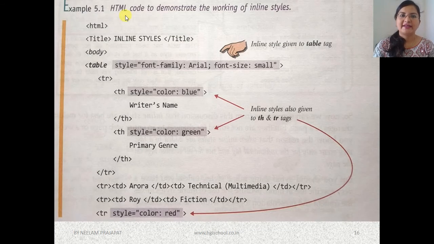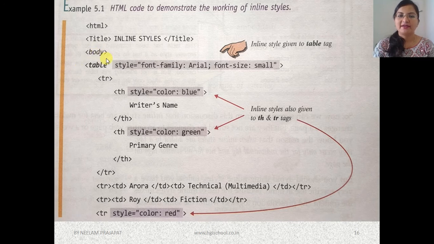Now let's see the example. This is HTML. Here we have to mention the head tag also, but it has not been mentioned. We can exclude it, it is not actually necessary. We can directly start from the body tag also. Title is also not necessary, but if you are adding the title, then it should be correct. Remember, the spelling of title should not be wrong. Otherwise, you will not be able to see anything on the page.